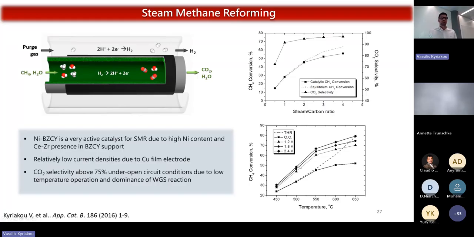And of course, it doesn't violate thermodynamics. As you are pumping the hydrogen on the second side, according to Le Chatelier's principle, you are shifting the equilibrium of this reaction to the product side, and that means that you can extract even more hydrogen and have higher methane conversion at the expense of electricity. It's another factor that comes there.